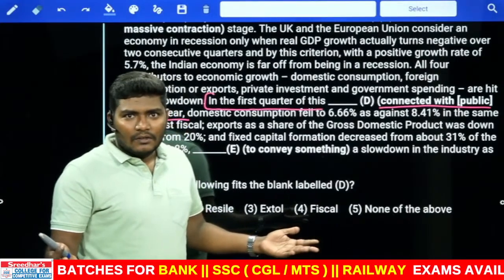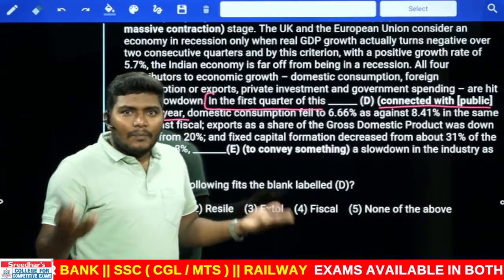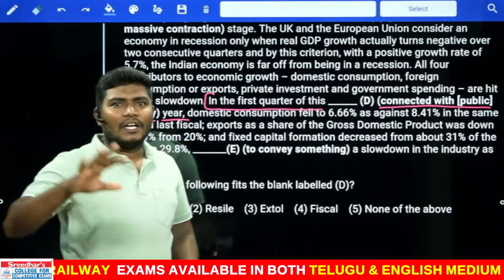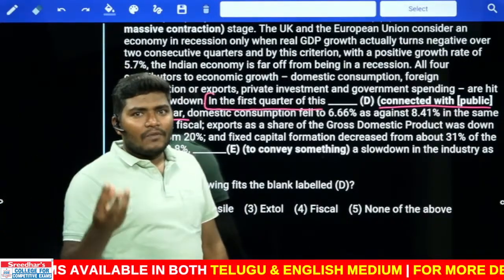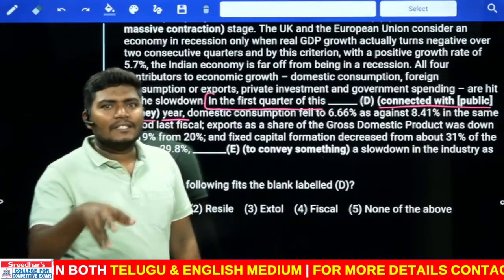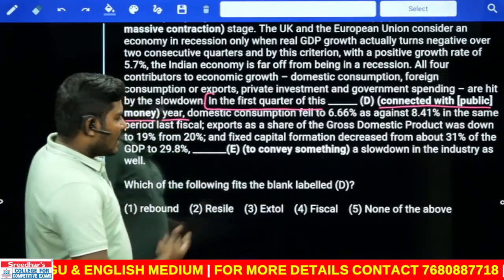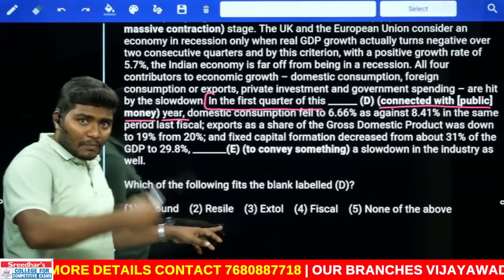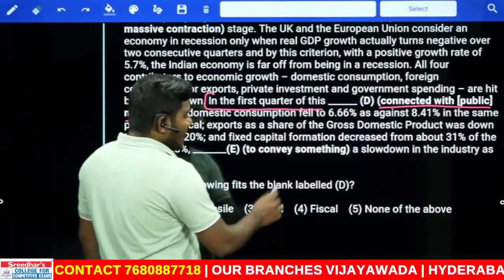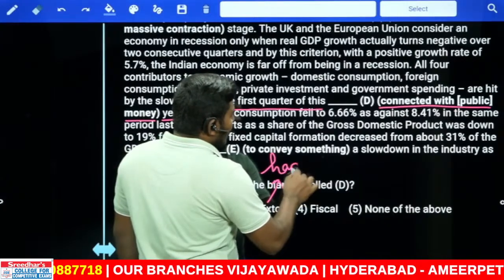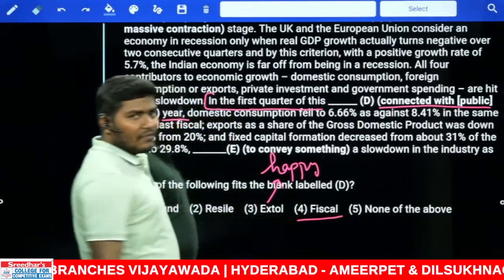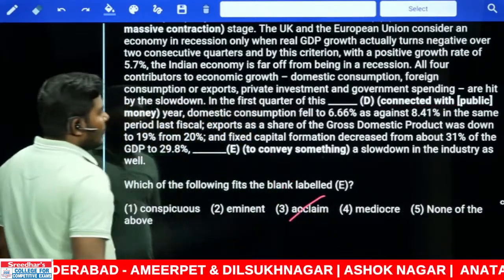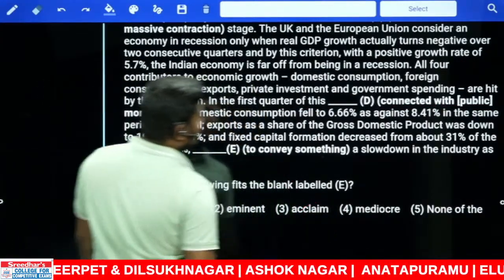Can you tell me your answer? Simple answer. If you have little knowledge of the economy, of the budget and all, we have fiscal years. Do you know that fiscal is nothing but economical years? What is the answer we can use? Rebound is to come back. Resilience again is to become stronger. Extol is to feel extremely happy. Next, another word: fiscal. Fiscal year, fiscal policy. Very simple one. The answer should be used with the 4. Next, 142, the fifth one, E.